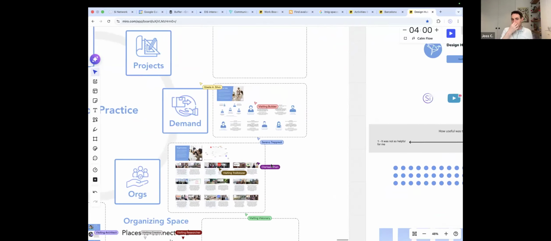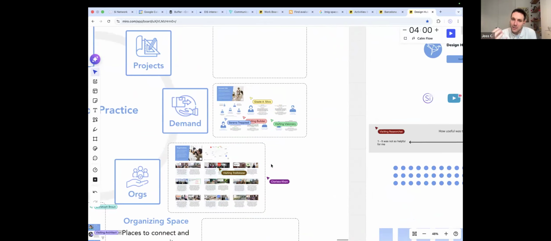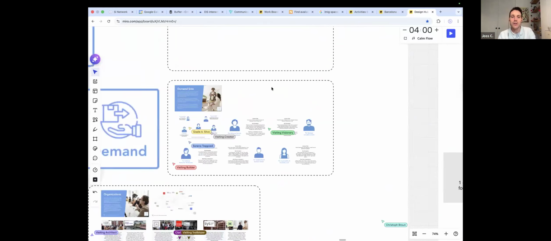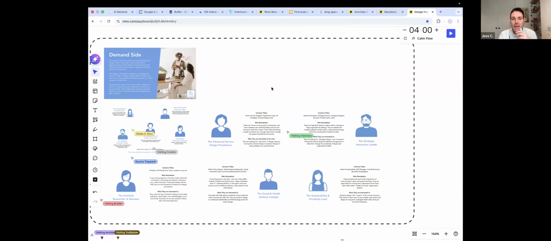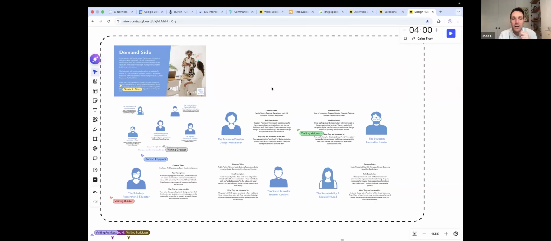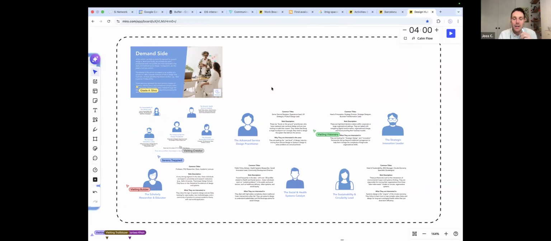So the next section is quite interesting. We call this the demand side. We think an important part of a field like this is not just all the research and meeting and conversations and people with the skills. You actually need a demand for it, right? In some sense, it's ultimately a market. The world needs to want systemic design and need it. So who are those people? What are those organizations, sectors, industries, and so forth that want or are interested in systemic design?